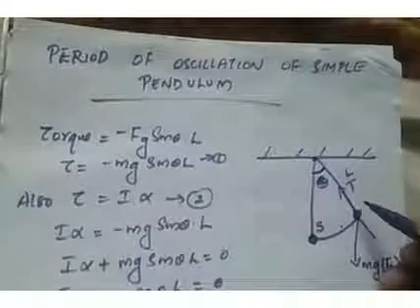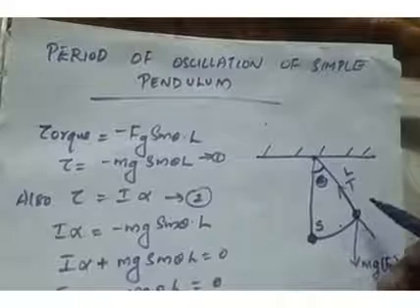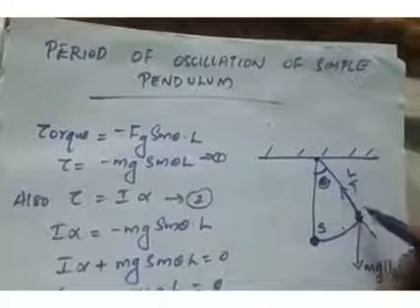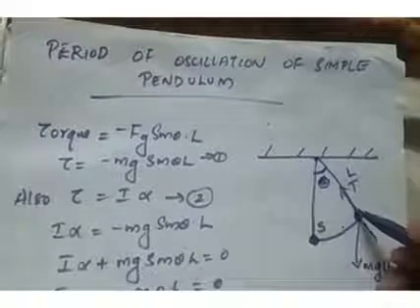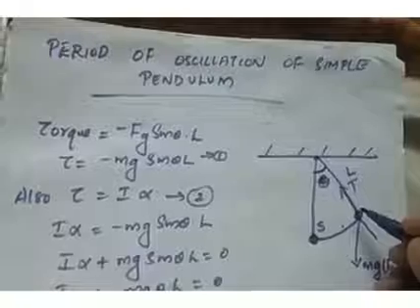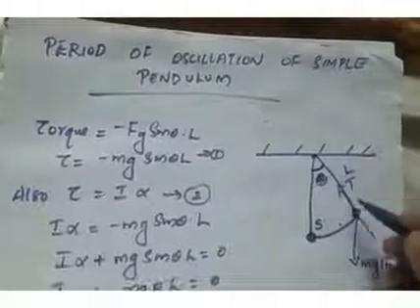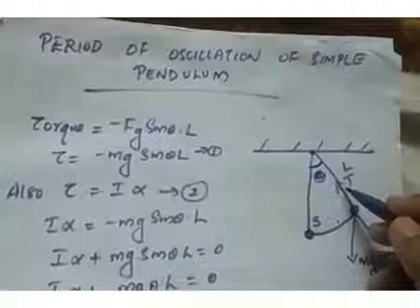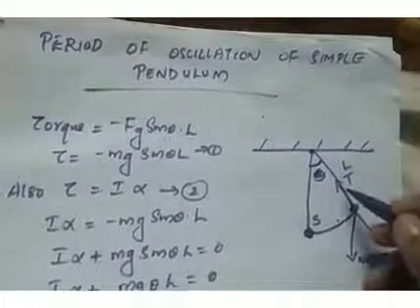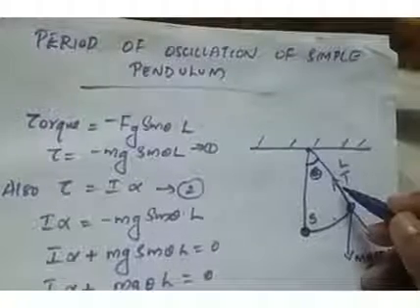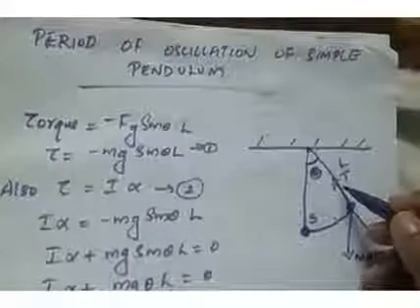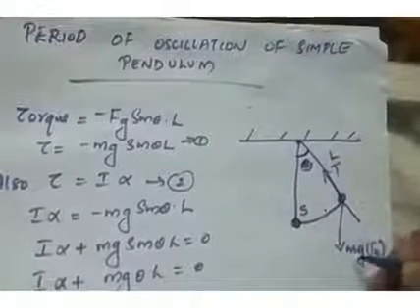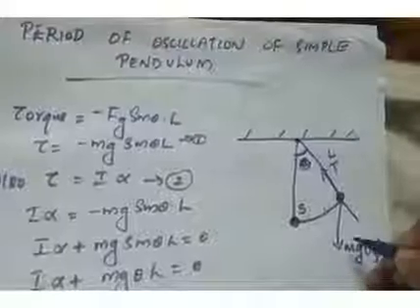When the bob is taken to this side and released, it will oscillate like this. So this is also the bob. Now here two forces will act on the bob. One force is the tension which acts along the string. Tension of the string will be there and it always acts upward along the string. Then another force will be the weight of the bob, that is the gravitational force, mg or Fg.